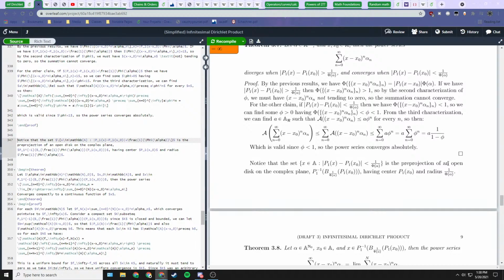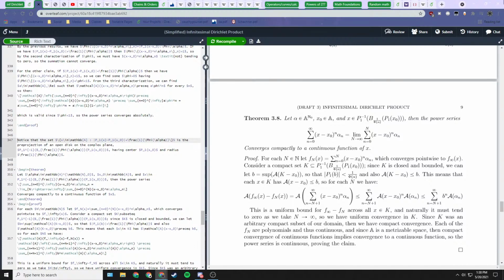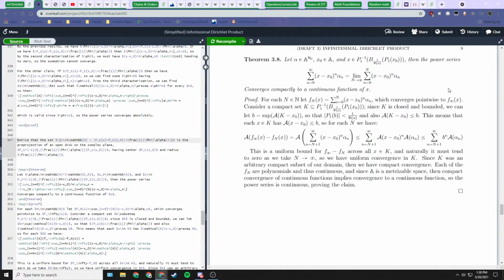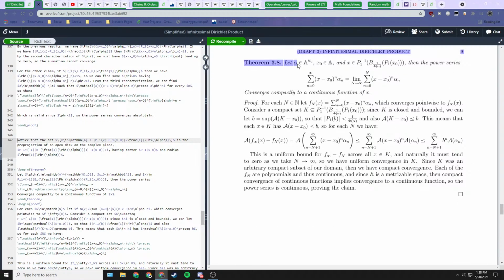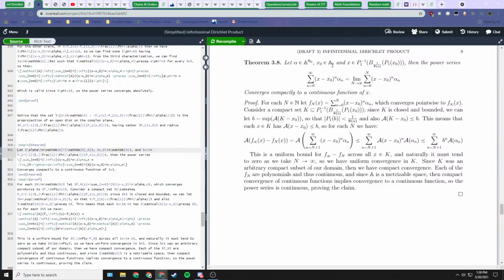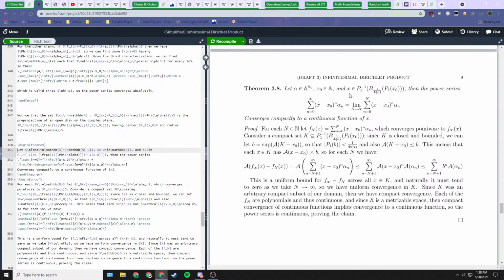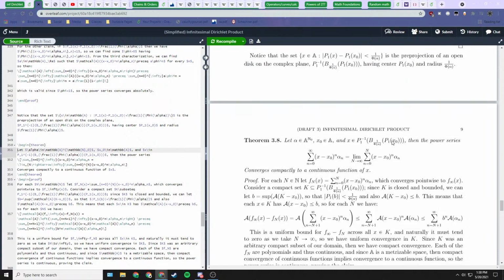And the last theorem is: for any sequence of coefficients alpha within our space A, we also have some x naught in our space A, and taking x inside this pre-projected disk. This is exactly the same sentence as we just had right here, the same mathematical expression. So let alpha be a sequence, x0 be in A, and x be in this open disk. Then